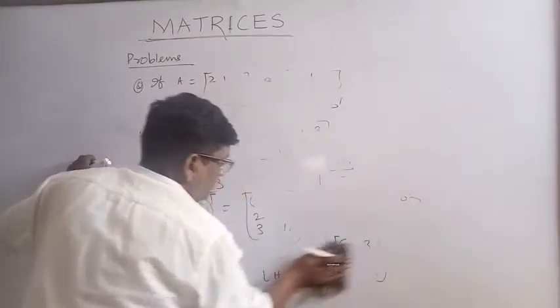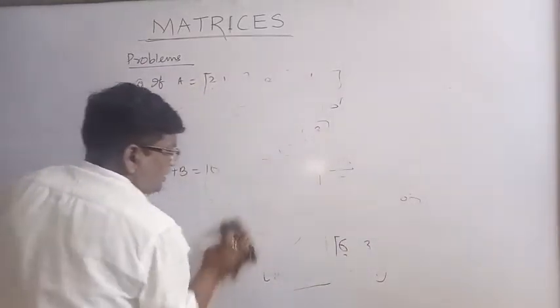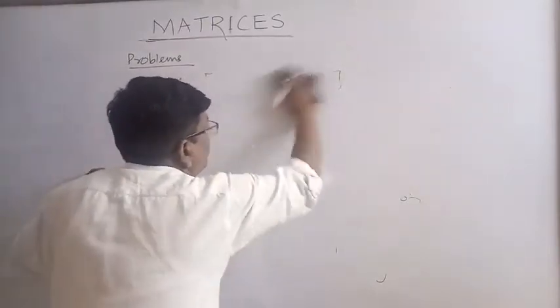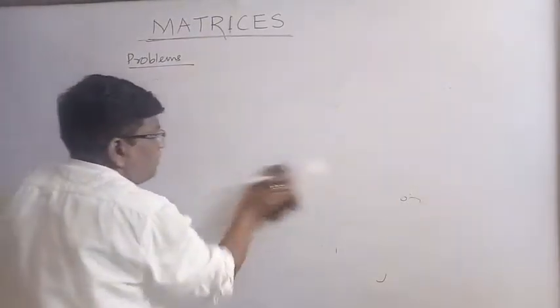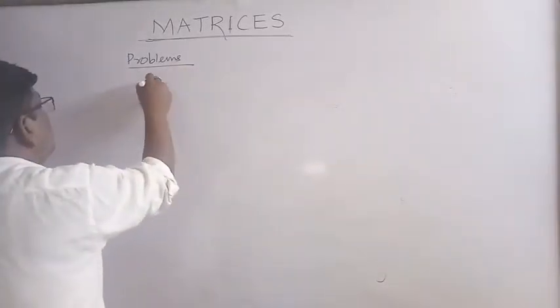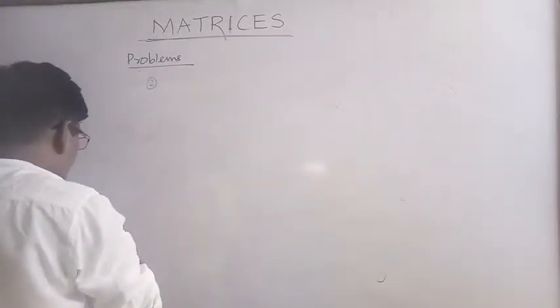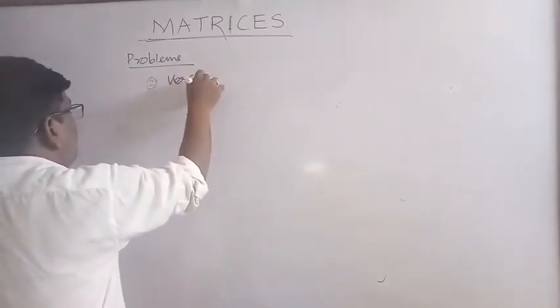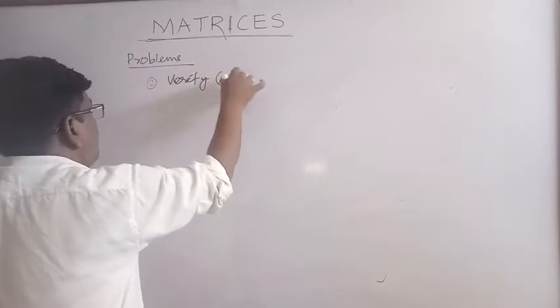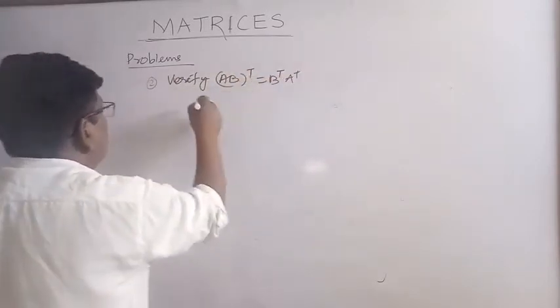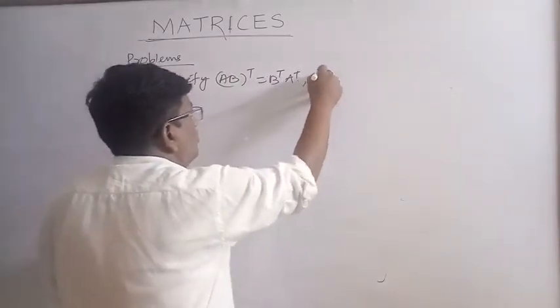Verify (AB) transpose is equal to B transpose into A transpose. Another question, number 2: verify (AB) transpose is equal to B transpose into A transpose, where A is equal to